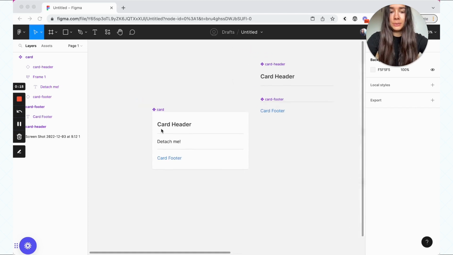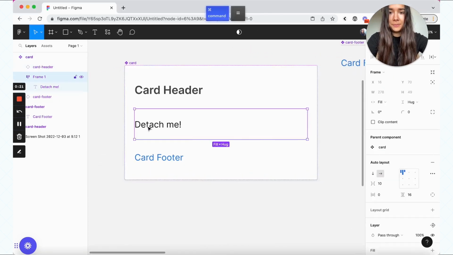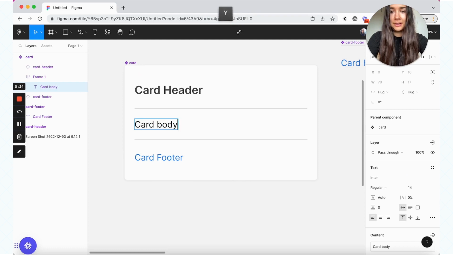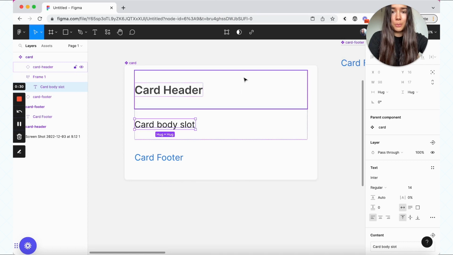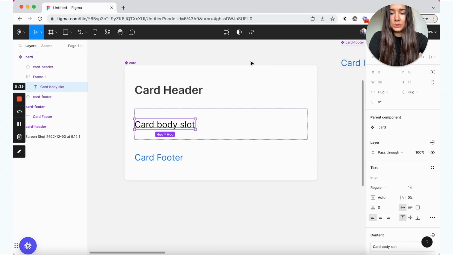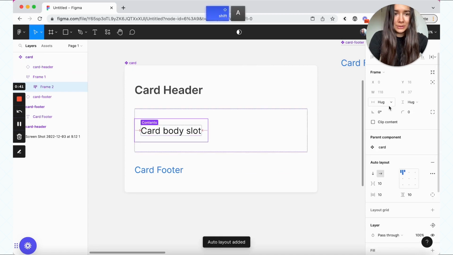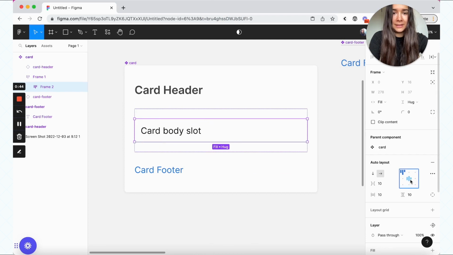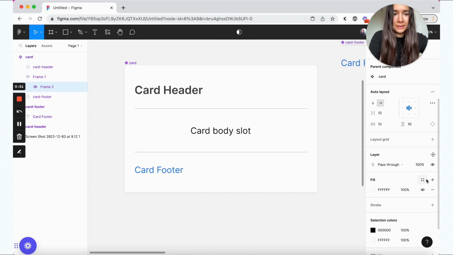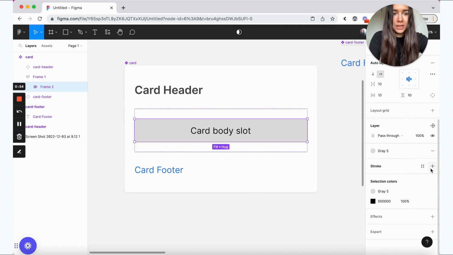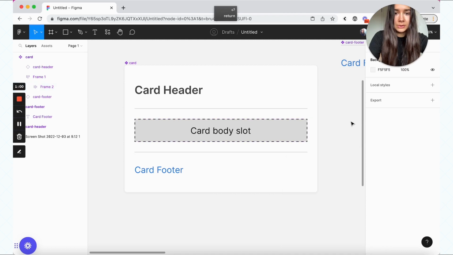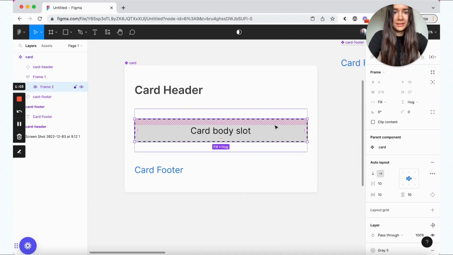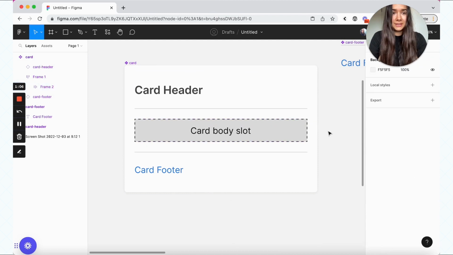So what I'm going to do, I'm going to go back here. I will call it like card body slot. And I want to make it look more like a placeholder and less like a part of the component itself. So what I'm going to do is wrap it into auto layout, fill the container, center it, and now I'm going to give it, let's say, a fill of grayish, and I'll give it a stroke, a dashed stroke. So something that looks like it has to be like cut out of this card and replaced with something else,